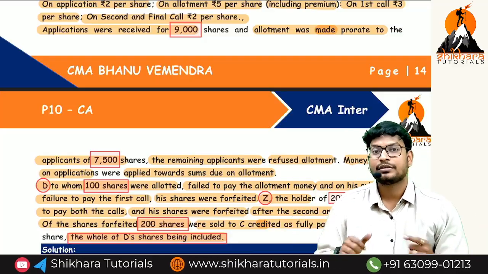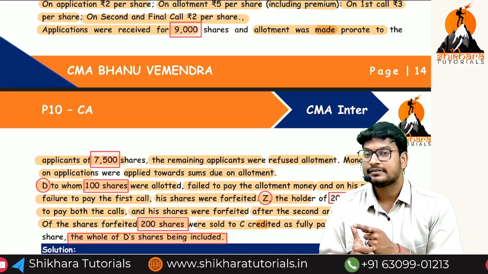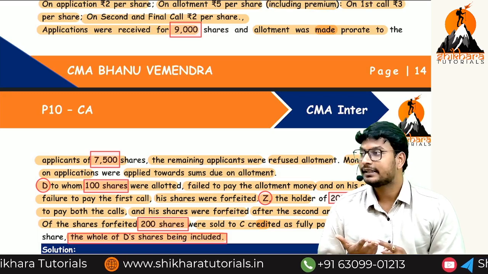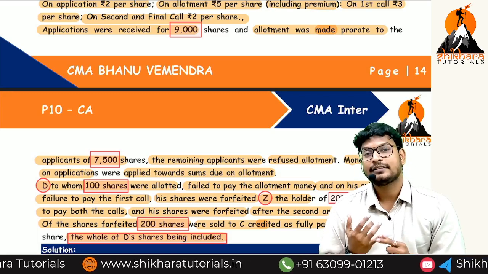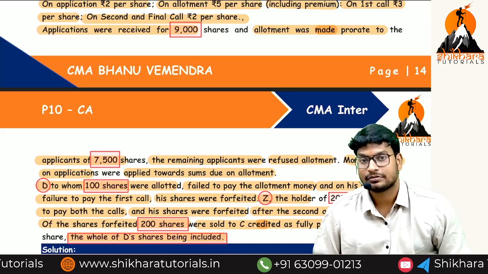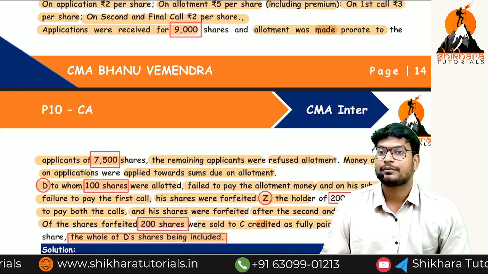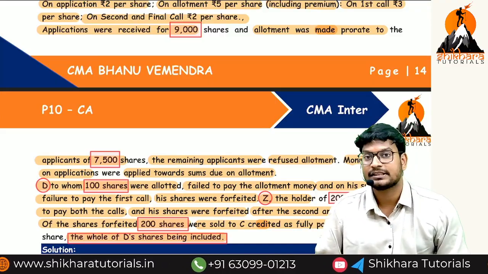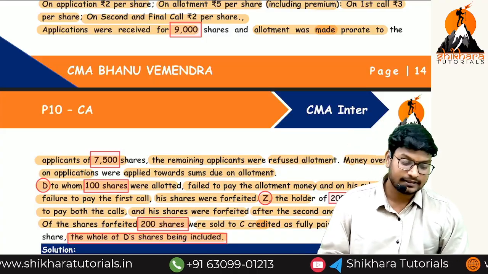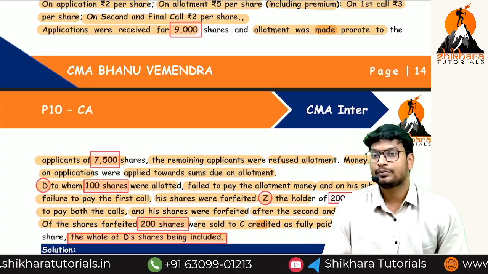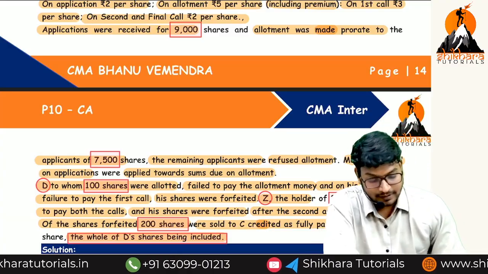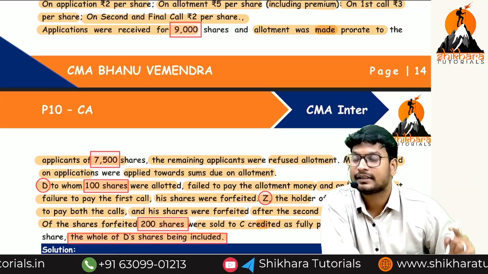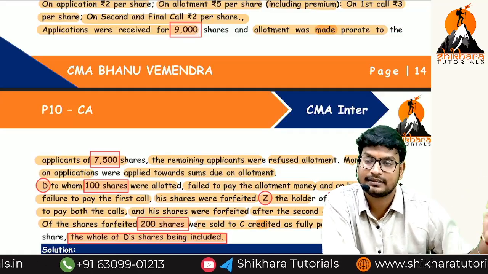Why? Because there is an over pro rata element, rejection, securities premium received, not received option also, and there is a forfeiture, and there is a reissue. So all the concepts are covered here. Directly 7 marks they can ask this question in the examination. That is the reason I am saying important and important. The only thing they have not considered here is shares issued other than for consideration of cash. That is a separate point.